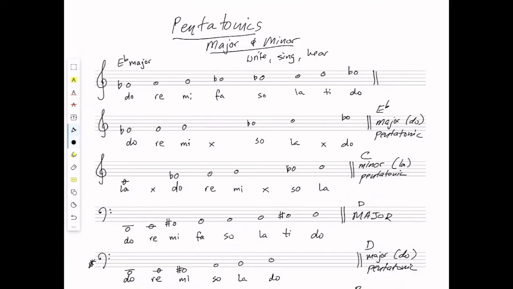Now from there, I'm going to sing up that natural minor scale again, leaving out fa and ti. La, do, re, mi, sol, la, sol, mi, re, do, la. And then put it all together. La, do, re, mi, sol, la, sol, mi,